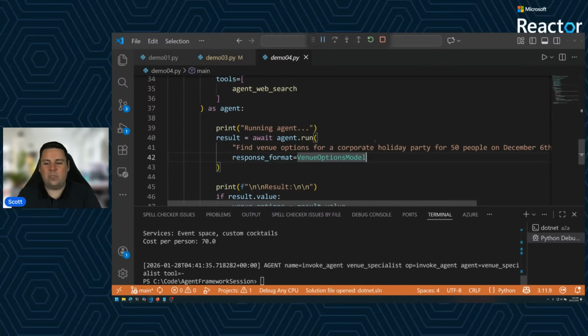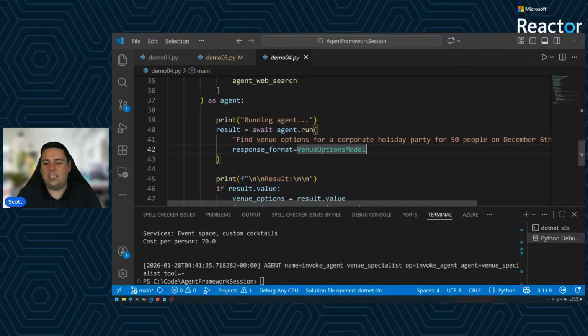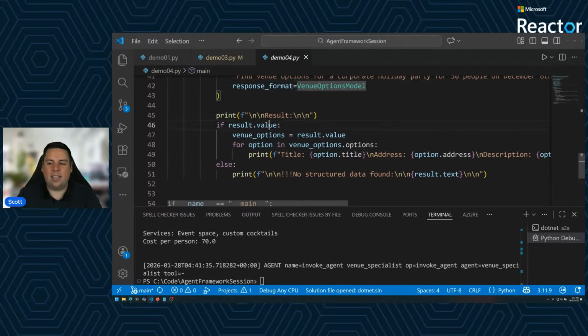And response format by default actually gives the ability to come back with either a value, which is our structured response, or text. So if it couldn't fill that out, or if we say, hey, instead of responding with a structured output, respond with a question that I should ask the user, you can actually begin to guide and control the conversation.